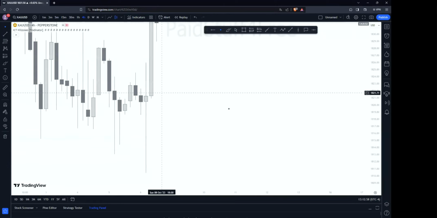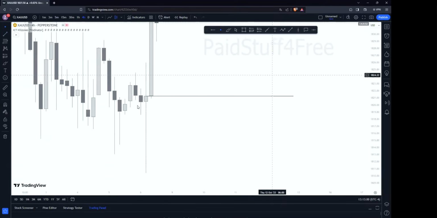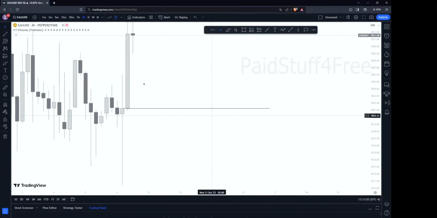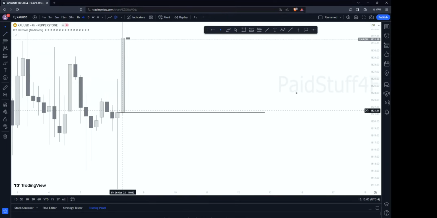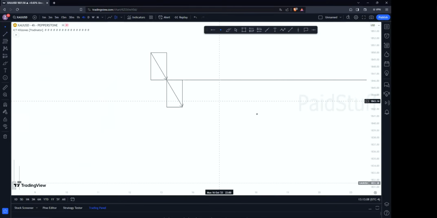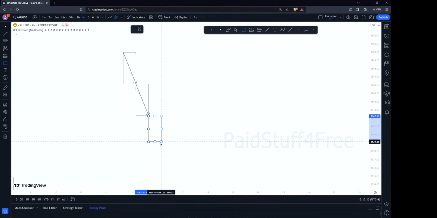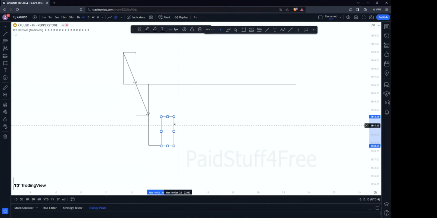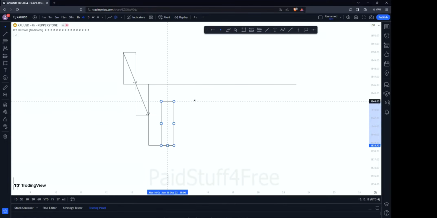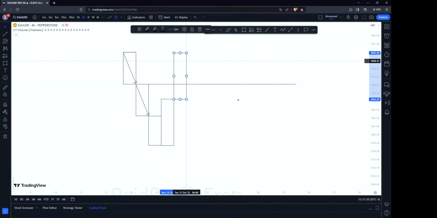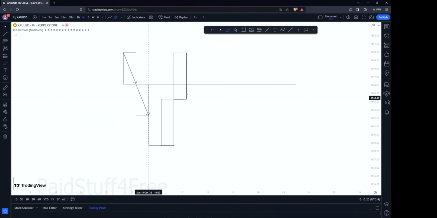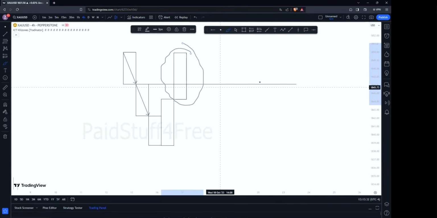Let's take an example here. So this level that we picked a bit ago was fresh simply because there is nothing on it. Now let's say this candlestick has a body on it. Let's say price went lower one more time, and then after that it decided to go higher, and then broke through by a body. See this? This is a body over the level. Is this level still fresh? Yes, it is still fresh, simply because it is a body and not a wick.